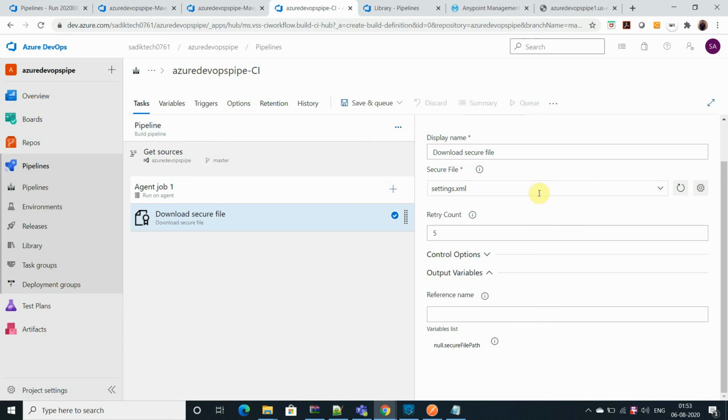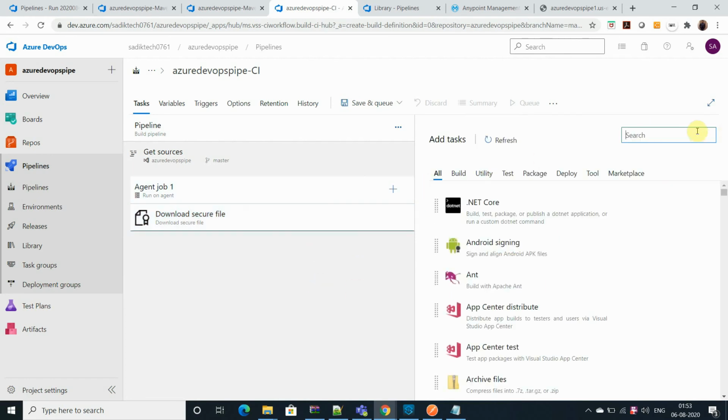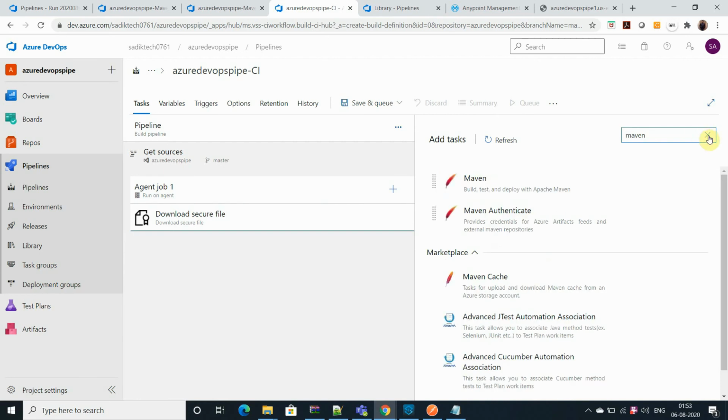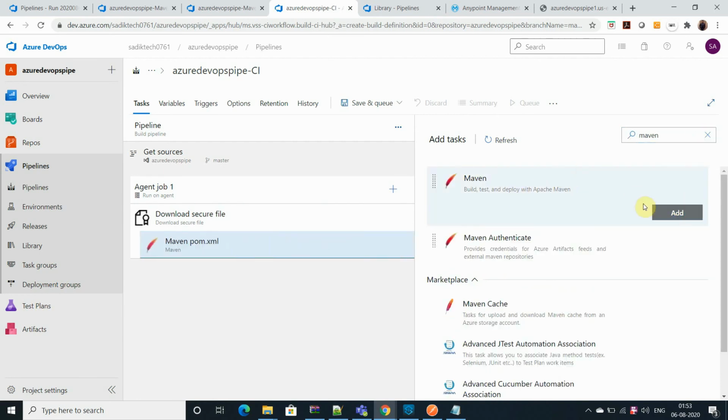You can see the location has been updated over here. You have to provide a reference to this file with the name of this variable, the secure path. Now you have to add Maven, because we are going to perform a Maven project. Just add Maven.